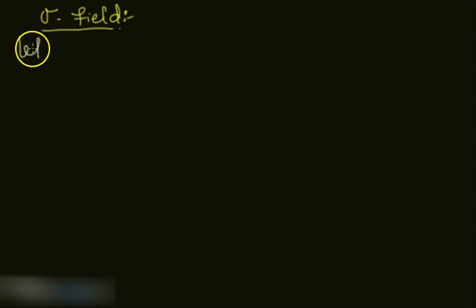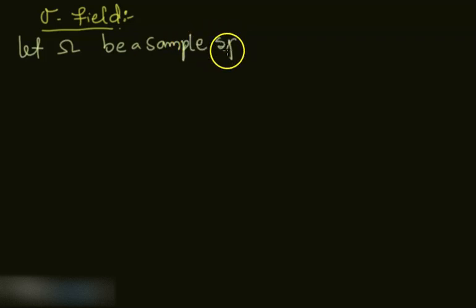Let omega be a sample space. What do we mean by sample space? You know from your probability. Let omega be a sample space, then